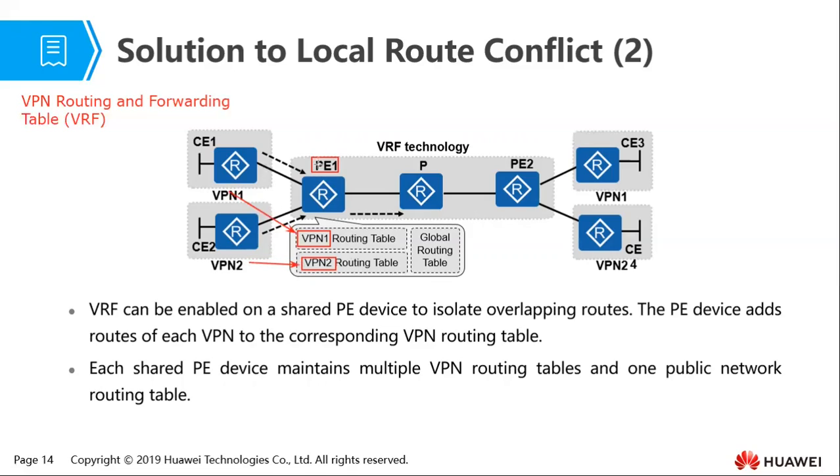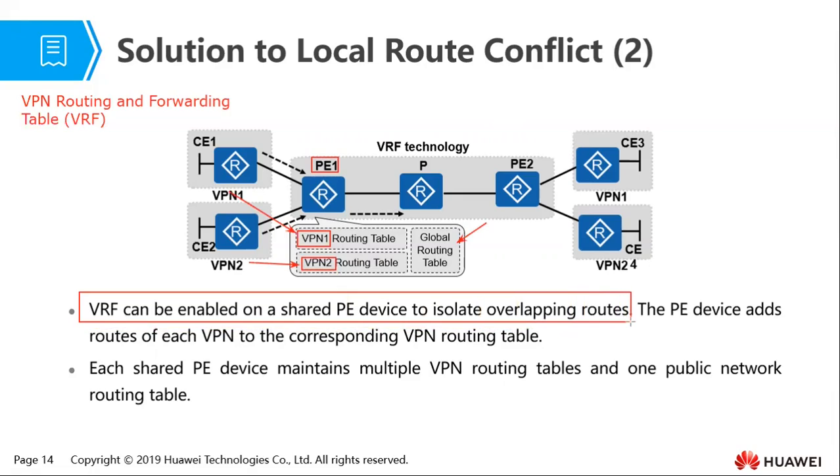And of course, in the PE device, we also have a global routing table. So what we're saying here is that VRF can be enabled on a shared PE device in order to isolate overlapping routes. So what that means is